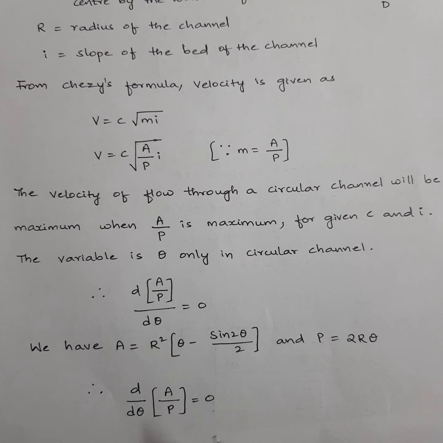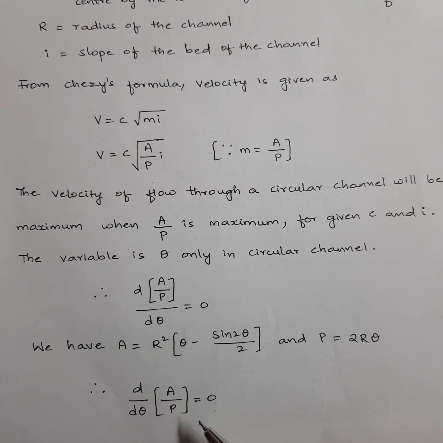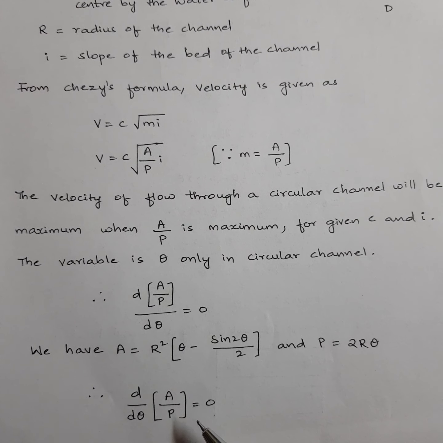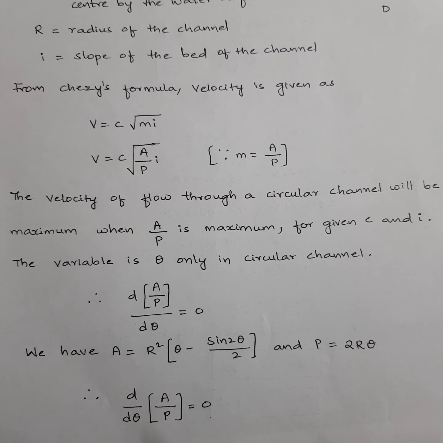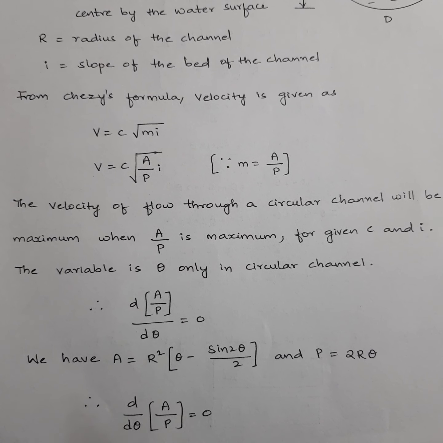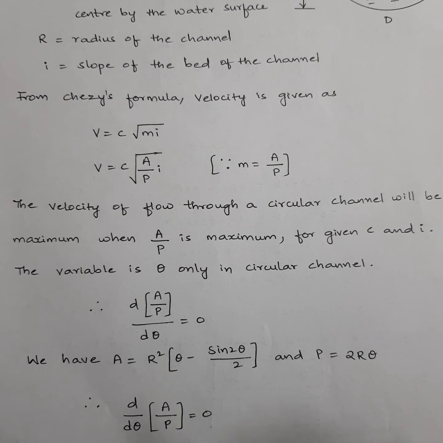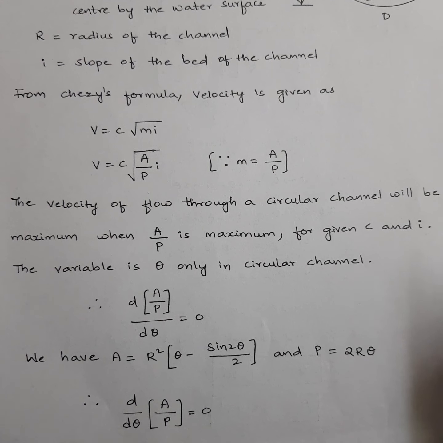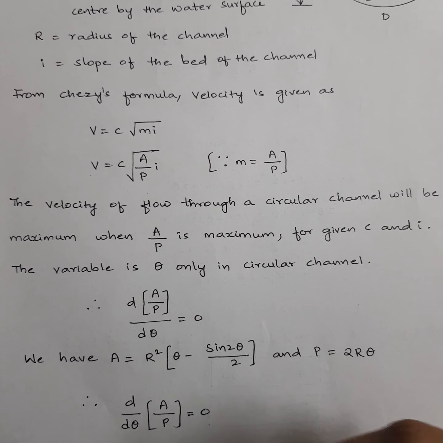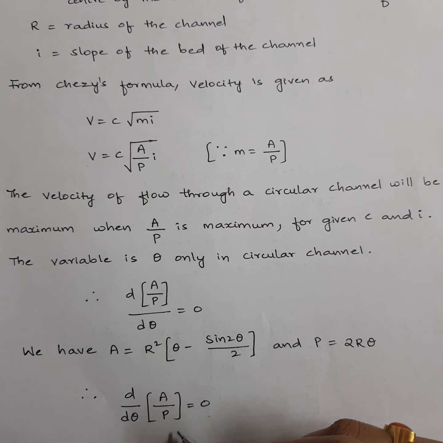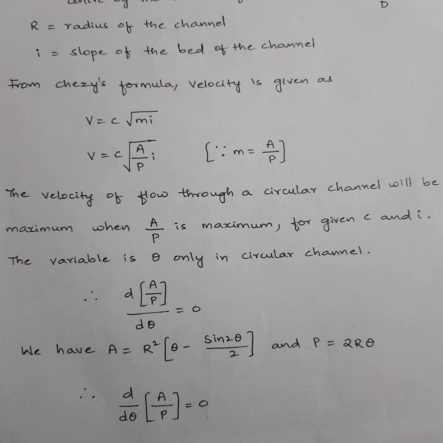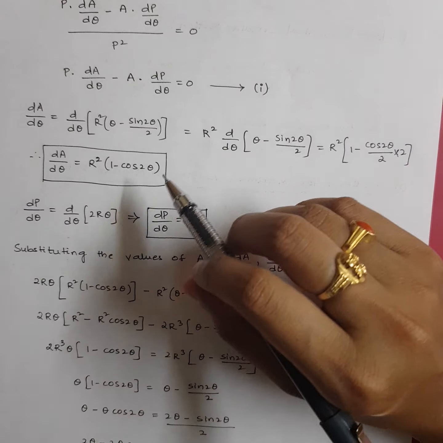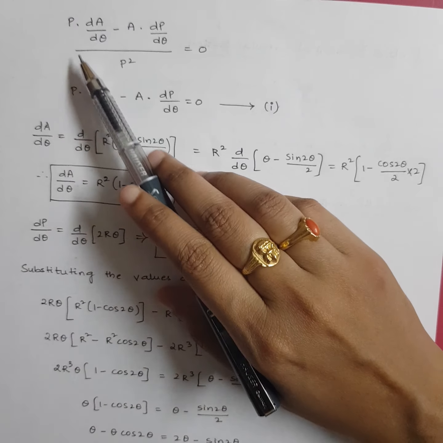So first what we will do is, we will apply the u by v rule. I think you know differentiation of u by v. The formula is v u dash minus u v dash by v square. I am repeating, d by dx of u by v or d by dy of u by v, the rule will be v u dash minus u v dash by v square. So for me now, u is a, v is p.